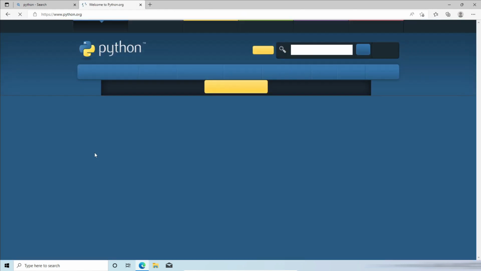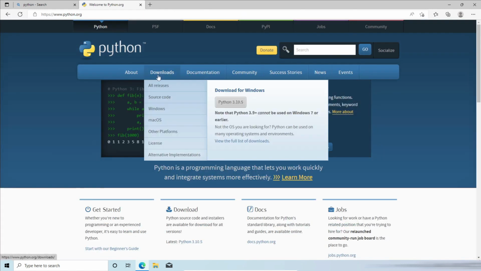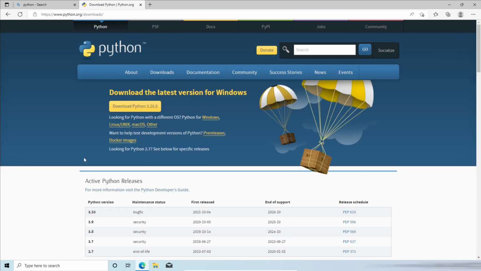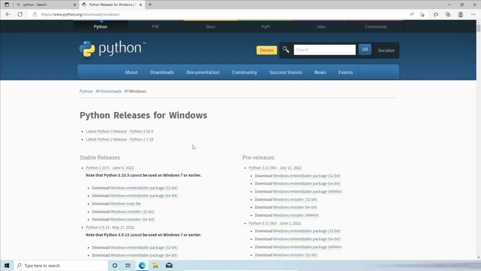Now click on these downloads. After that, select the operating system you want to install Python on. I am using Windows, so I will click on this Windows. After that, we need to install the latest version of Python, that is Python 3. So click on this first link,